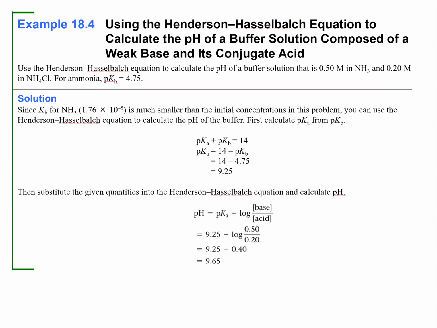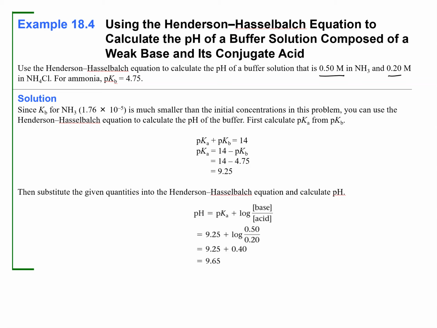Let's look at one more example using the Henderson-Hasselbalch equation. In this particular example, what we're going to do is calculate the pH of a buffered solution composed of a weak base and its conjugate acid. So, slightly different than what we've been doing before. We're going to calculate the pH of a buffered solution which is 0.500 moles per liter ammonia and 0.20 moles per liter ammonium chloride. So, in this example, ammonia is a weak base, and ammonium, NH4+,